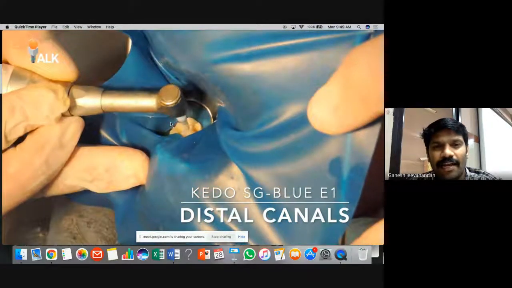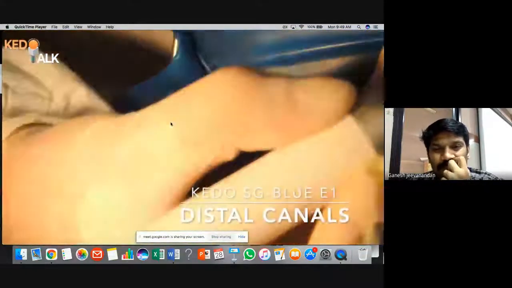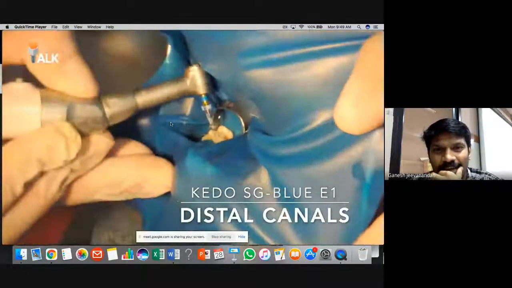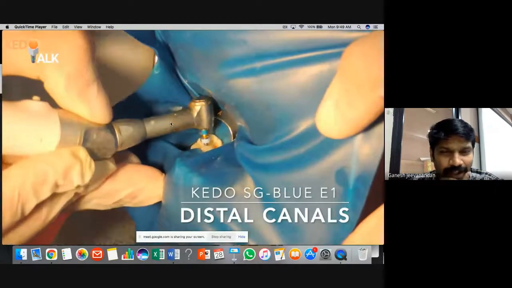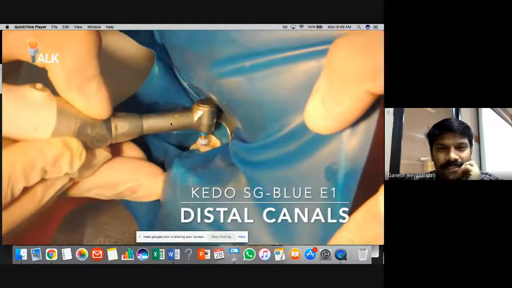That's the way we clean the pulpal tissue outside the canal, and we immediately wipe it with the gauze, so that it is coated again with EDTA and prepared again till the apex or a millimeter short of the apex.